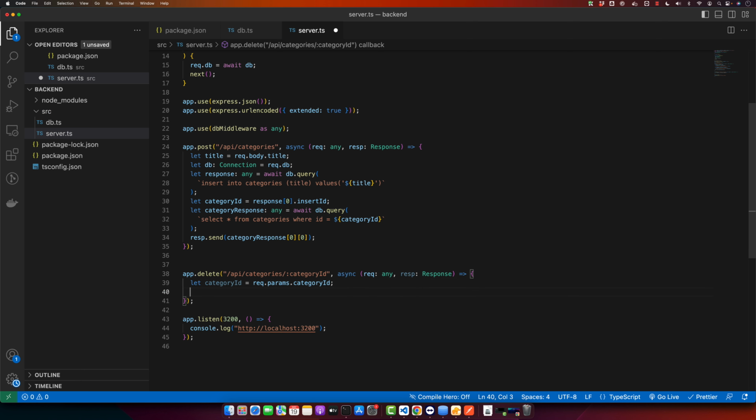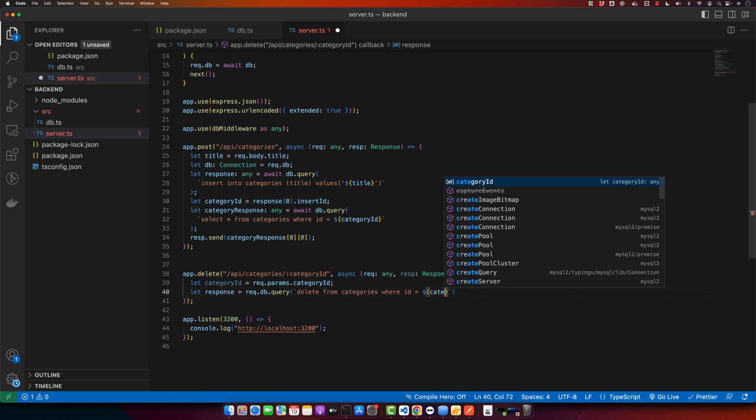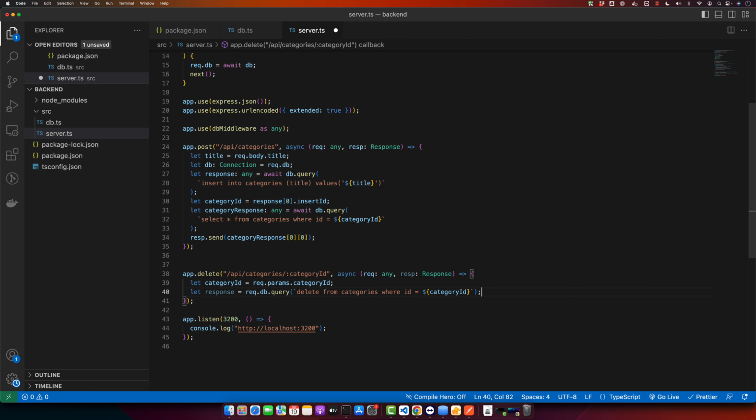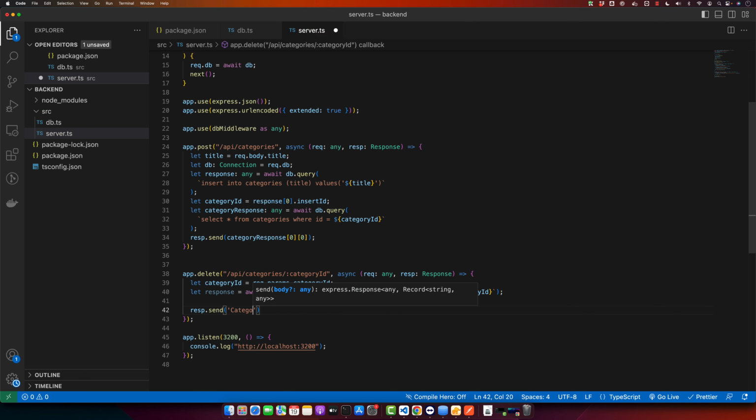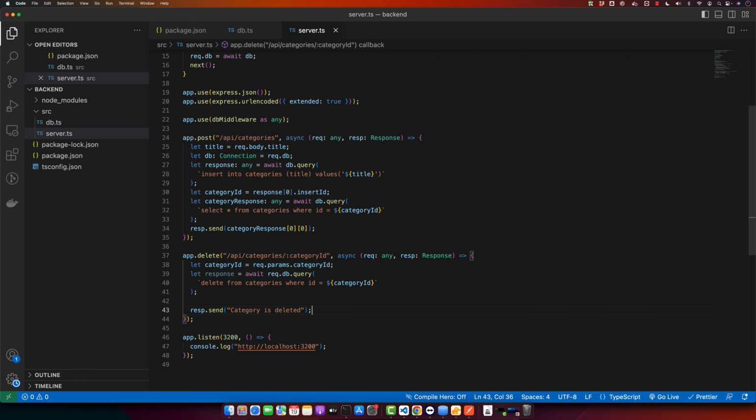And now we will run a query: response is equal to request.db.query, and here I will add the string that will be delete from categories where ID is equal to the categoryId variable, and I will add await here, and after the response is received, I will send a response to the client that the category is deleted,